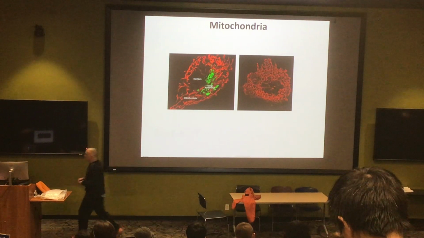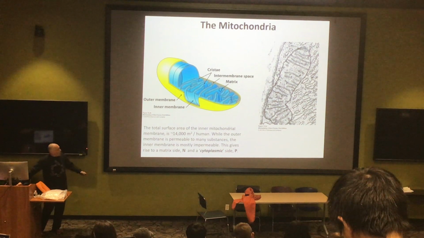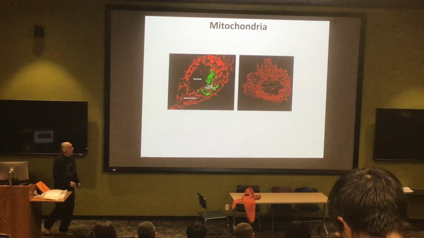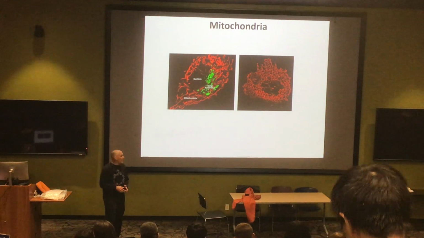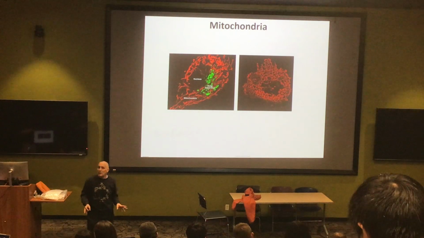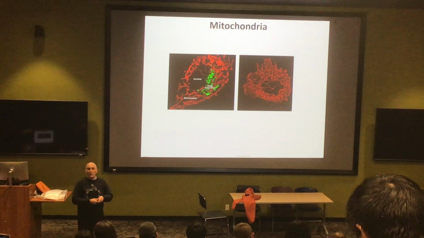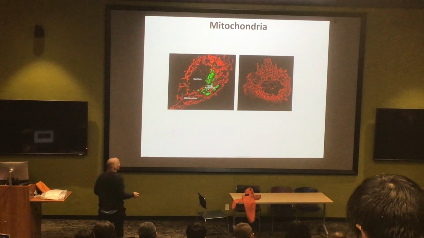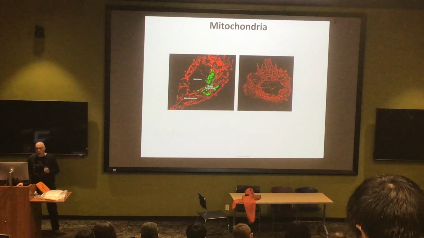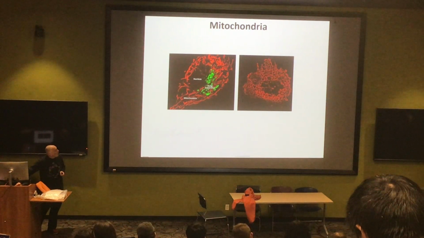This bean-like picture that you have was because this was the best image that one could get for a long time. I mean, this is what you do see if you look at an electron microscope. But in fact, the mitochondria are not just these little static beans with heavily folded membranes inside. They are a large contiguous structure that spreads throughout a good portion of the cell. And they're very dynamic. They're coming together, they're fusing, they're breaking apart. That's really quite significant, because that's necessary to ensure that mitochondria always have the right components to be carrying out the functions that we'll be describing for them.